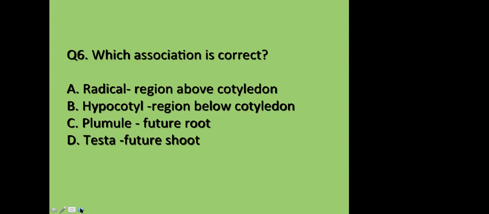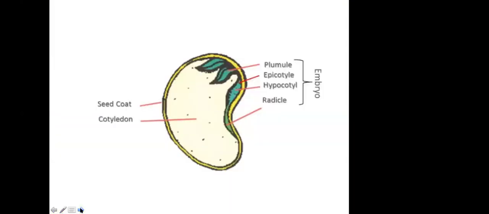Yes, ma'am. I think everyone's ready to start. Okay, so you all have answered. Very good. The right answer for this question will be option B, hypocotyle. This lies below the cotyledon. Now cotyledon is a leaf-like structure which provides the food to the developing seed. So we'll just look at the structure of the seed and then I'll explain it to you.